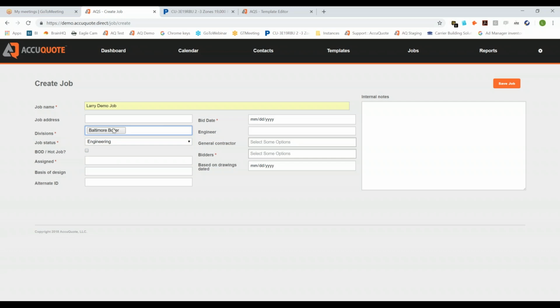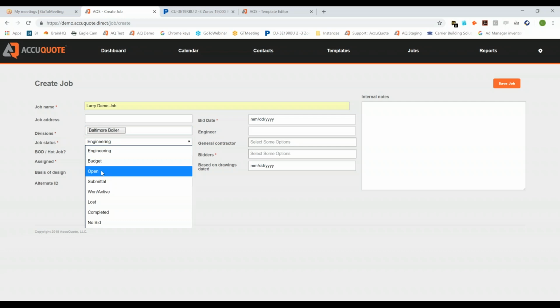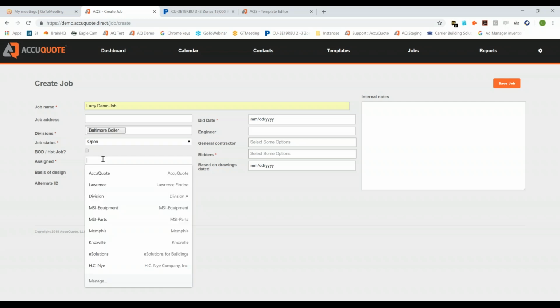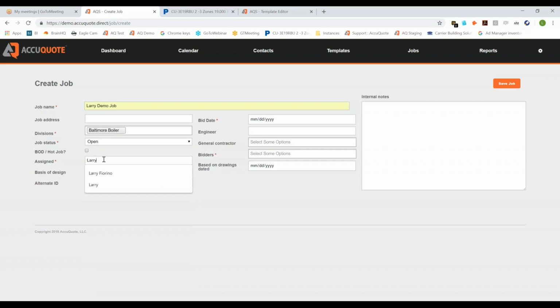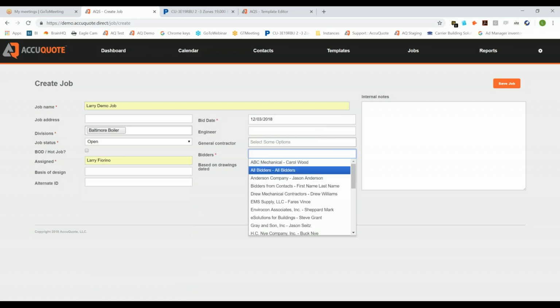Your divisions are completely customizable by you, as are statuses. You create whatever the status is that you want in your business, all completely customizable by you. I'm going to say this is open. I'm going to assign it to myself. I am going to give it a bid date of today, and I'm going to pick a bidder of all bidders,